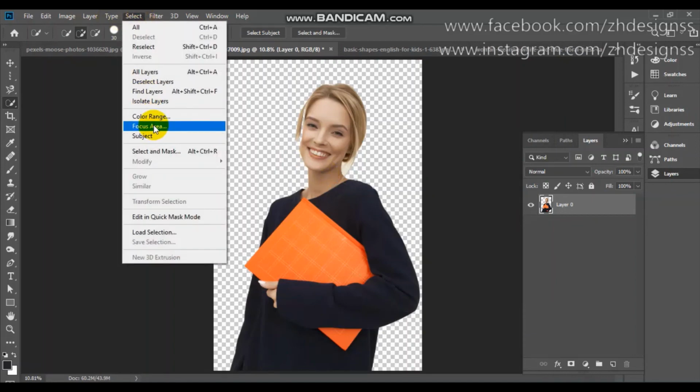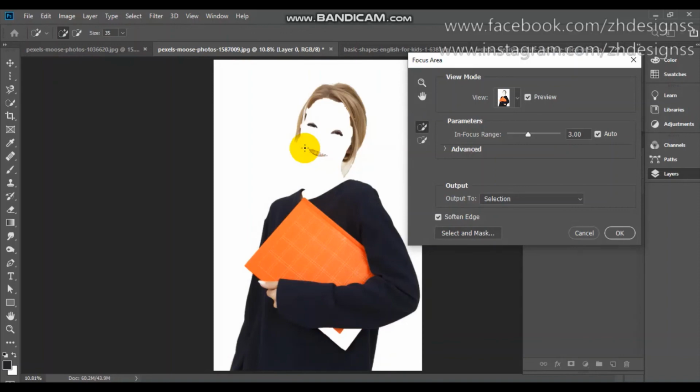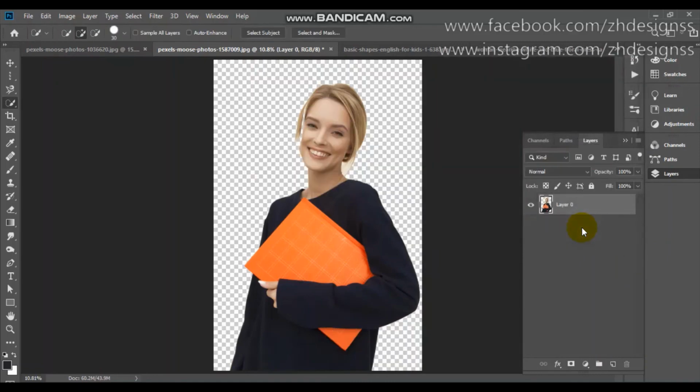Now the second one is Focus Area. So let's see what focus area is in this image, because in many images we use a blurred background, and there is a very sharp subject in the image. So it will select all your focus area automatically. So it has selected only the skin tone as the focus area. So this is an auto option. You can simply increase your focus range, or you can decrease it. So this is your choice. I am canceling it. So these were the 13 methods through which you can take the selection